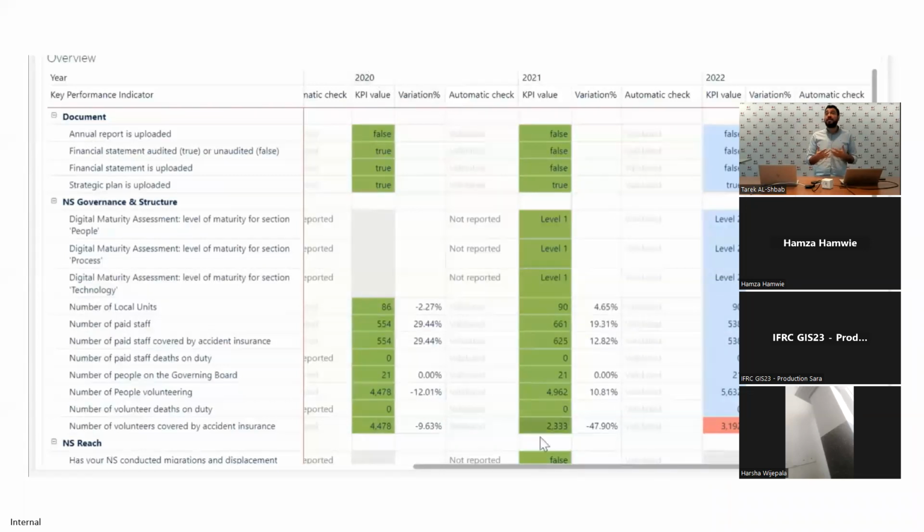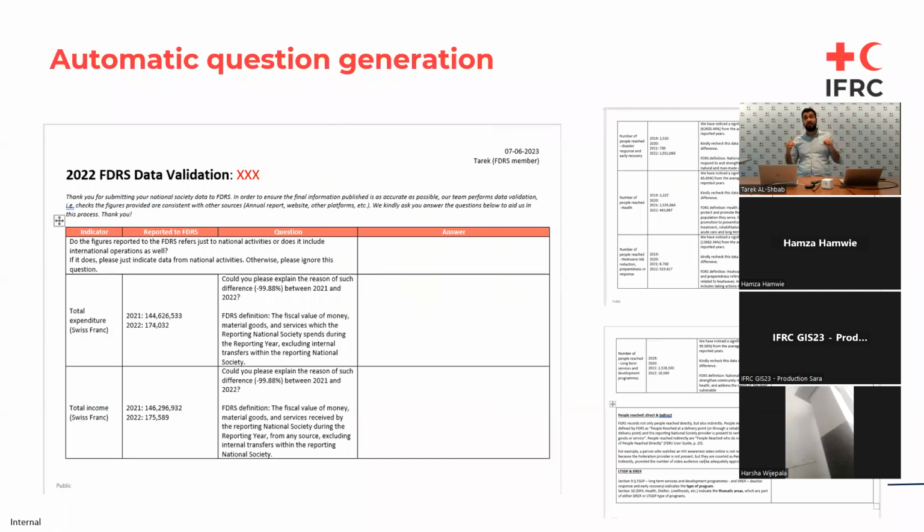So how do we communicate with the National Society, how do we let the National Society know that there's a problem here, we need your clarification, or you need to highlight if there's any mistake, so we can fix it? We do that using our own tool called the automatic question generator. With one click in our FDRS back office, we generate a Word document that highlights the differentiation between the numbers that we have, and gives a definition to let the National Society understand the meaning of the KPI we are talking about, so we are on the same page,